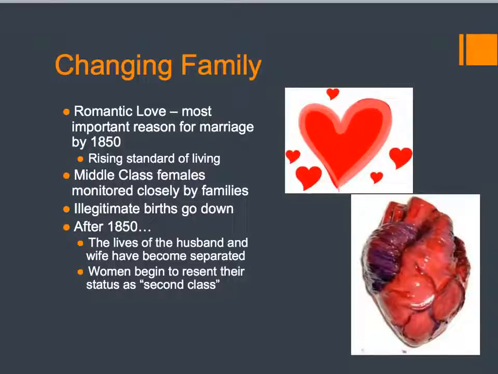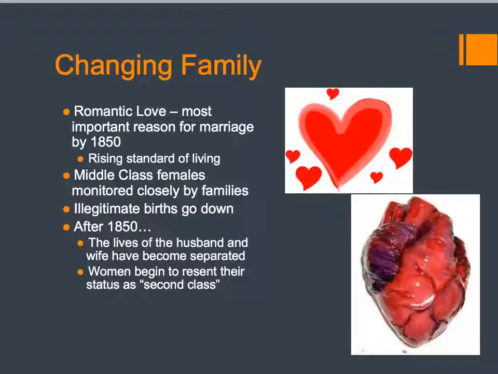Okay, so just a few words about family structures, children, romance, things like that. By 1850, all you need is love. John Lennon said it best about late 19th century European culture. All you need is love. Romantic love now really supplanting economic circumstances as reasons for marriage, especially in Western Europe. The rising standard of living makes it possible for a person to have the likelihood of gaining an economic life after marriage, so you don't necessarily need it before tying the knot. So you have that rising standard of living.